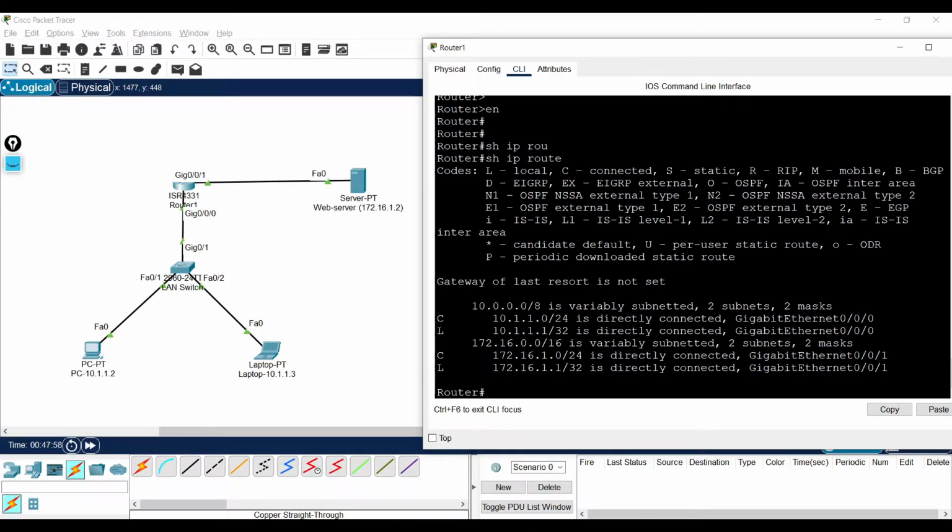In the router, after enabling the interface and assigning the IP address on the interface, it automatically started its routing function and learned the connected routes. In the router, two networks are connected. So my routing table denotes the connected routes with the character C. And the character L represents the local route, which is nothing but the IP address that we assigned on our interface.